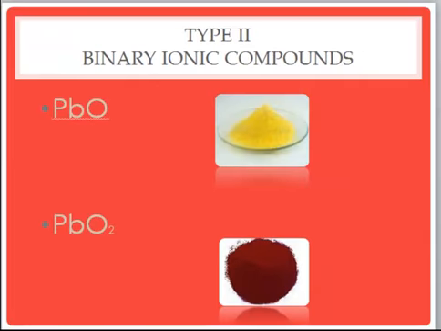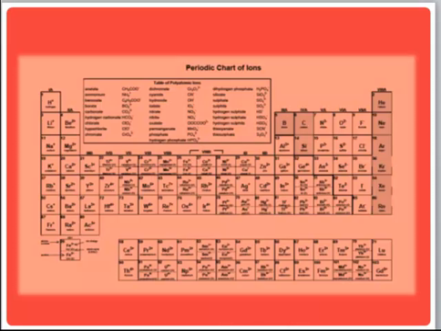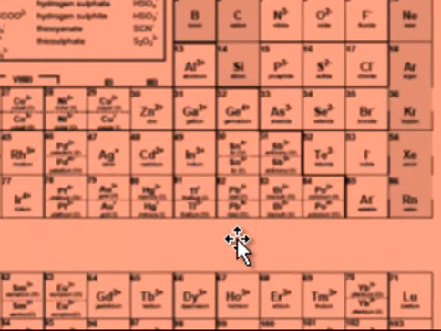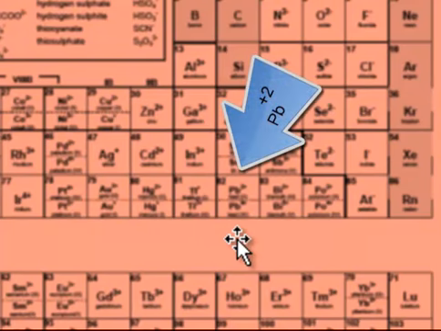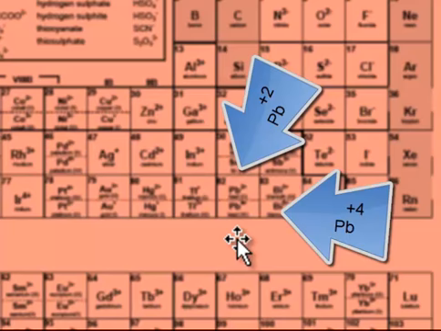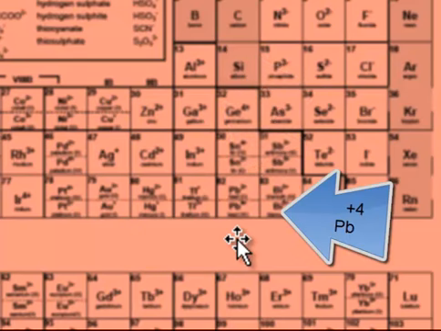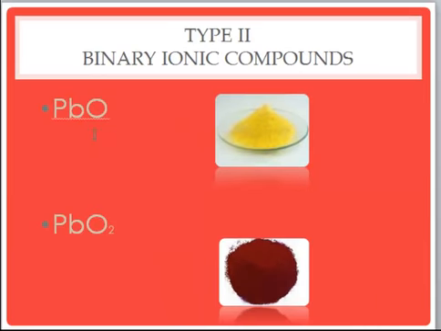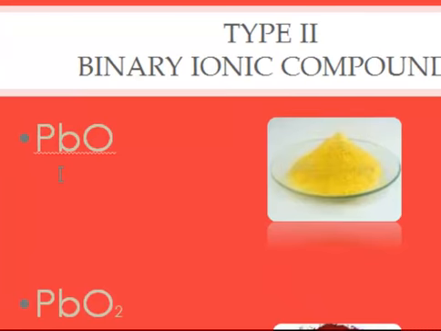Let's try this slide. There are two types of lead oxide. To the periodic table, remember that oxygen is always a -2. Lead is in this area of the periodic table. It has two possible charges. It's kind of small for me to read, but it can be a +2 or a +4. In my slide, I can't tell which is more common, which is on top. Doesn't matter. Let's go back to this slide. Here, if oxygen's a -2, this lead has to be a +2. Again, all compounds have to be neutral. So this becomes lead